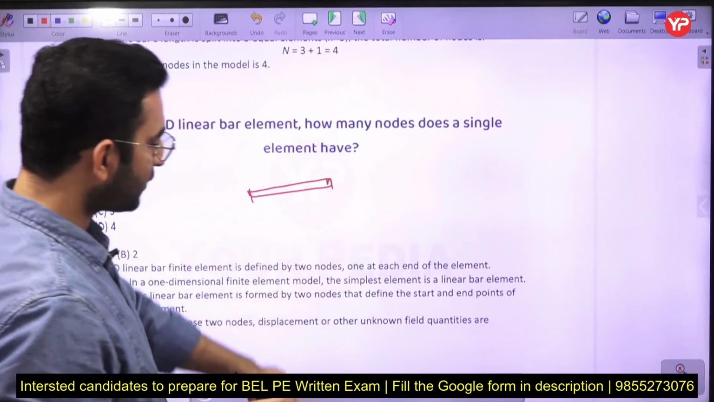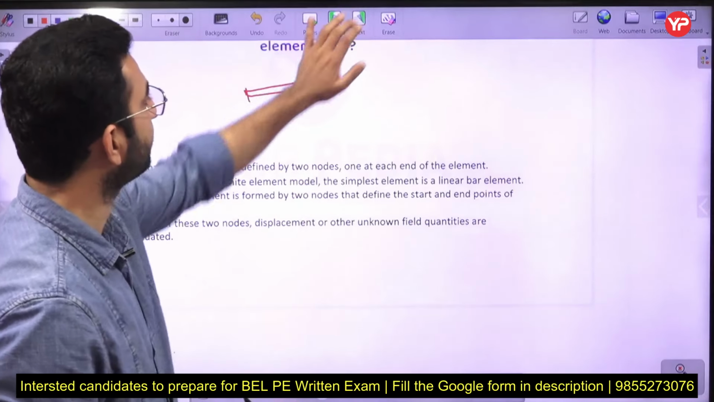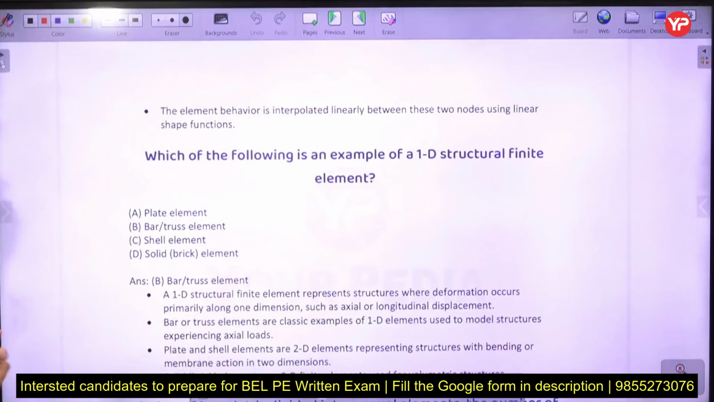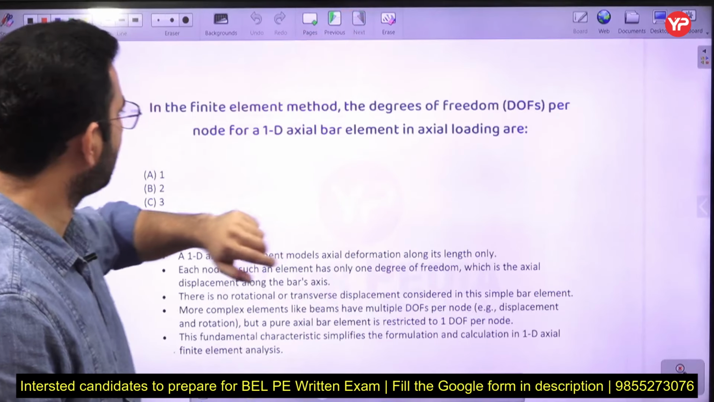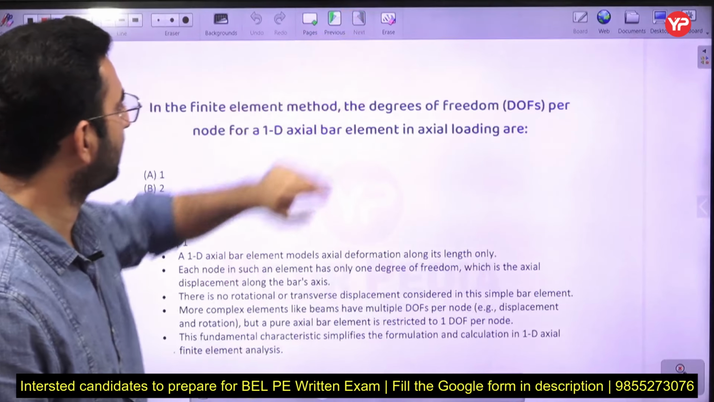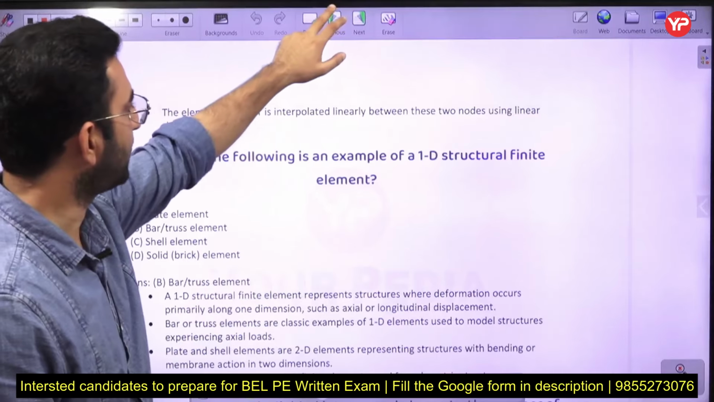Now coming back to the next part here, which of the following is an example of 1D structural? Oh, just give me a second. That is the same thing, no? Yeah, just give me a